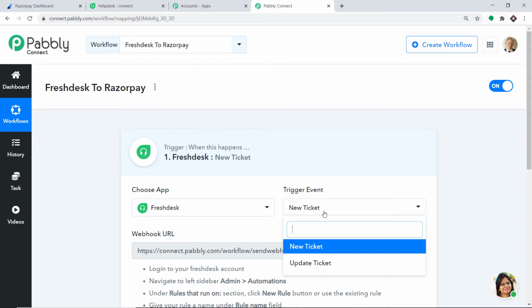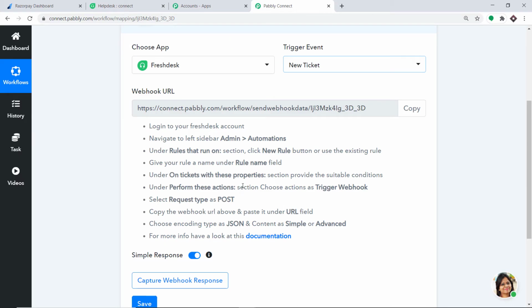However, in case you don't find the trigger of your choice, you can make a request to our team at admin@pabbly.com for the specific trigger that you want to build. But at present, I want to send the data from Freshdesk when a new ticket is made. Okay, so the gist of the process is simple. We want to integrate Helpdesk to Pabbly Connect. So to begin, let's go to Helpdesk.